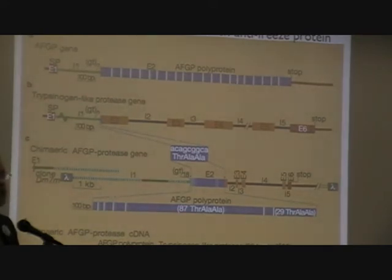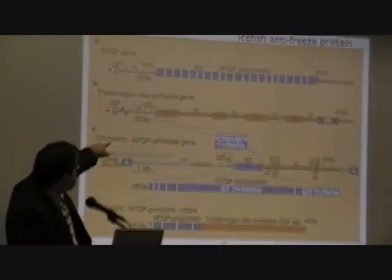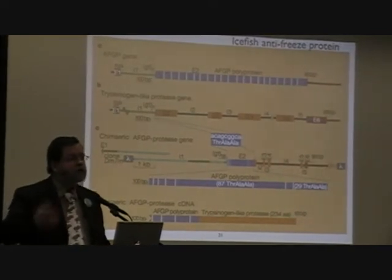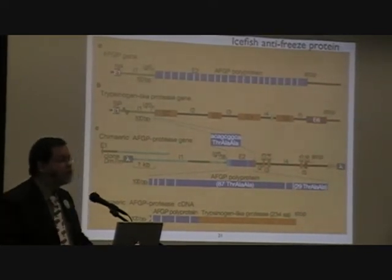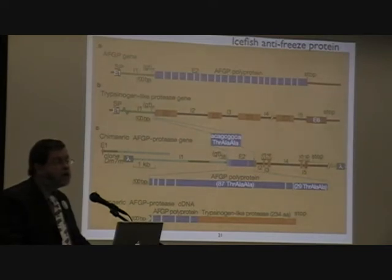It's a broken enzyme. There was an error in replication that destroyed the function of one copy of this enzyme and produced a gene that had the same sequence and then just had this threonine, alanine, alanine thing sticking off there. And this gene just produced threonine, alanine, alanine, nothing else. So that's where it came from. It's a broken gene. And to confirm that, the other cool thing about the antifreeze protein is to figure out